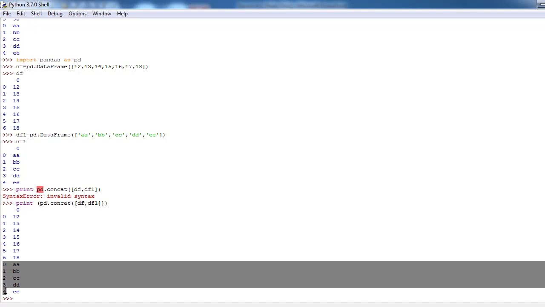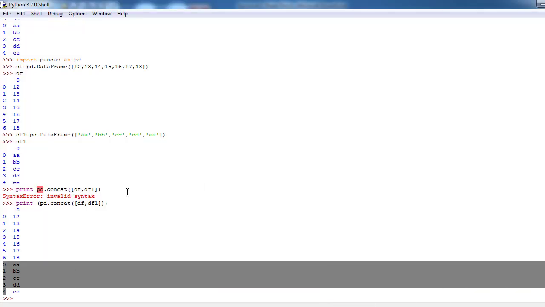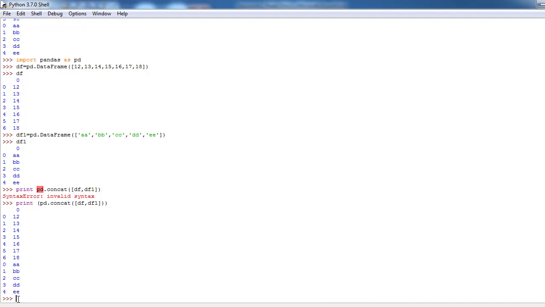If you want to continue the indices, we have to use another interesting attribute called ignore underscore index.